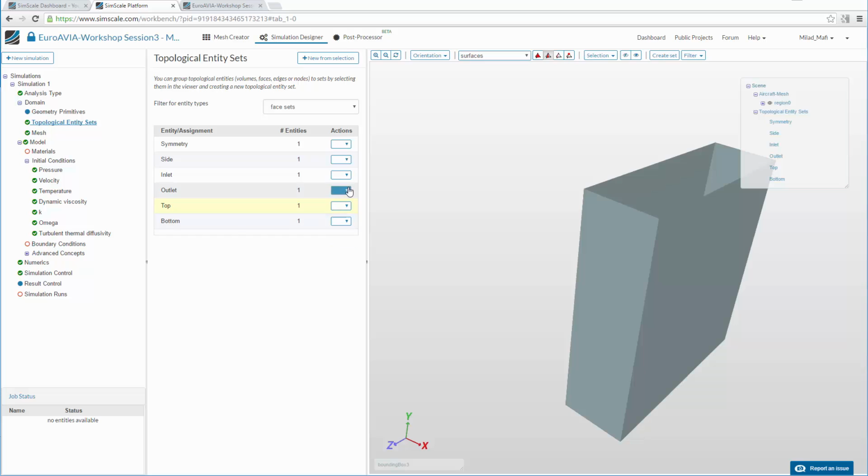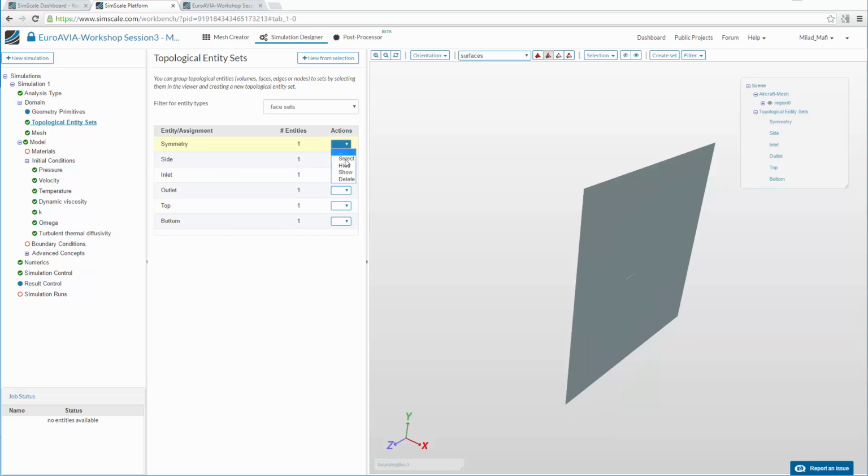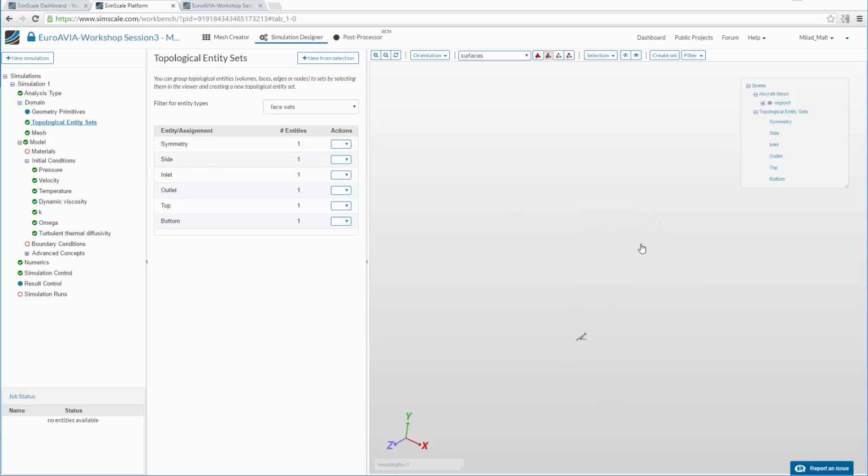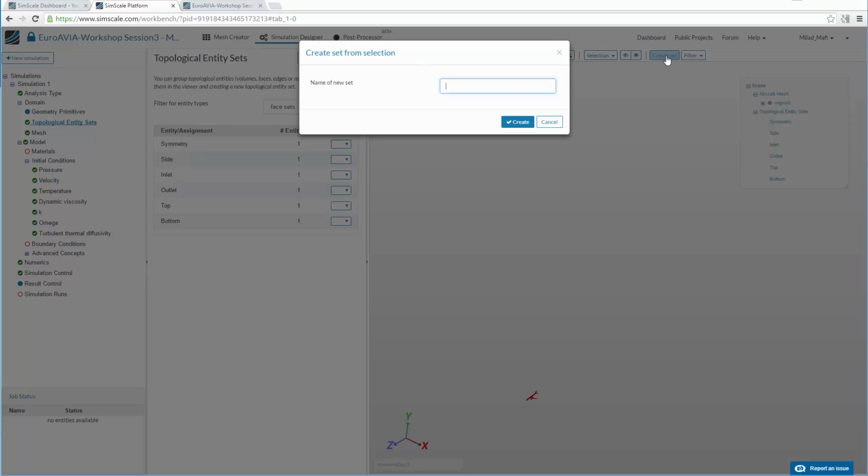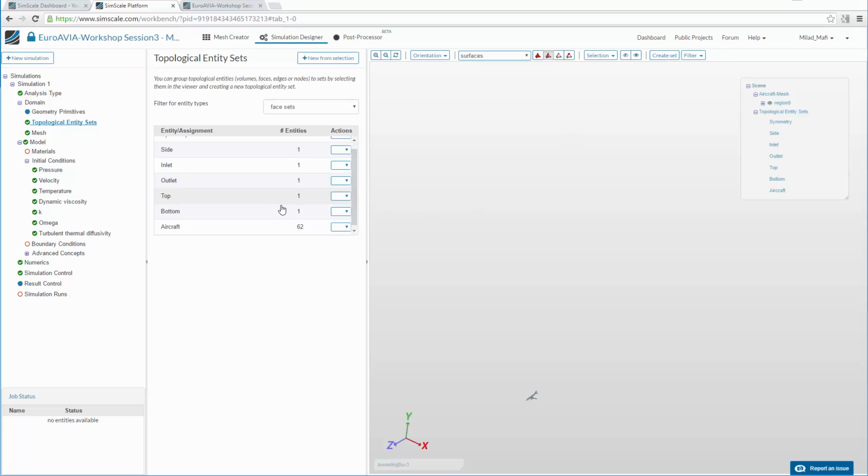height, all of the surfaces, the only remaining surfaces are the walls of the aircraft, and we can select them by using select all, create a set. Great. And yeah, next step